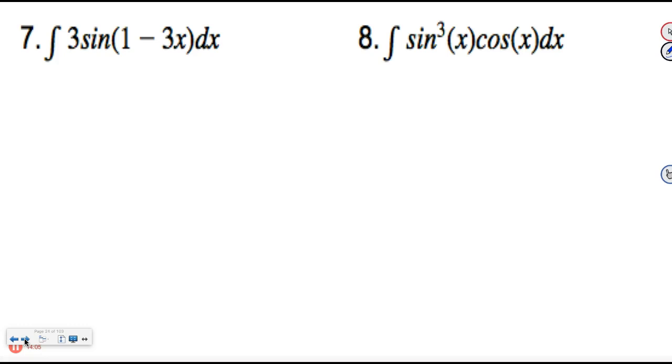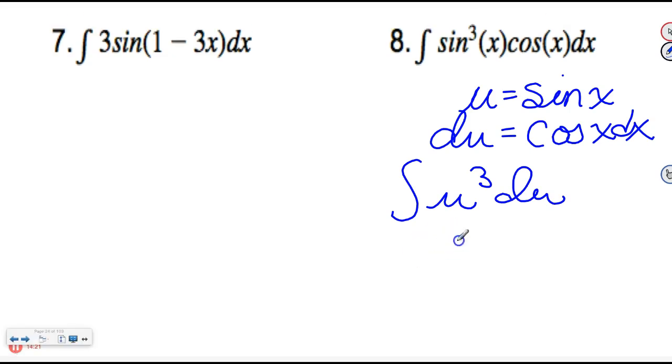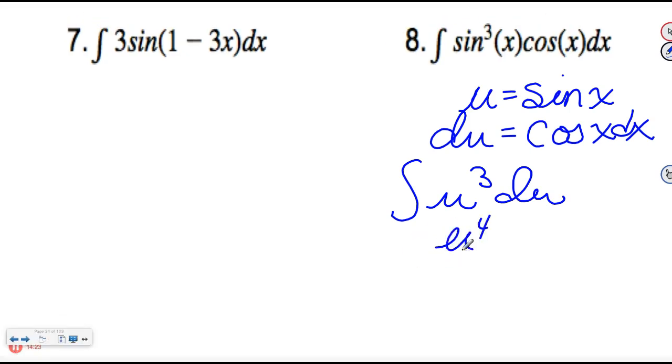I'm just going to pause here. All right, I see a lot of you done. I only walked down those 2 rows, but I think everybody had the correct u choice, so that's awesome. It's your choice because it's the only inside function. If there's 2 of them, we have to make a decision, and I'll do one in a little bit. So this would just be u to the 4th over 4,